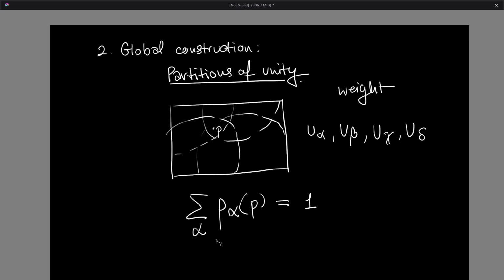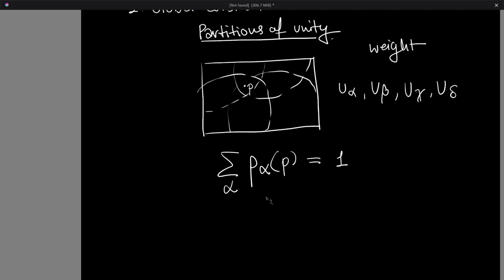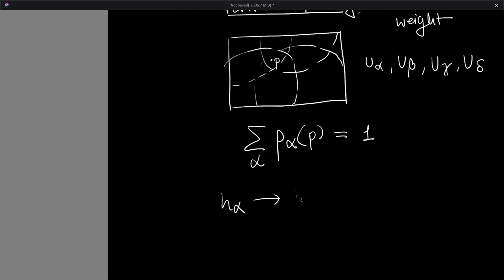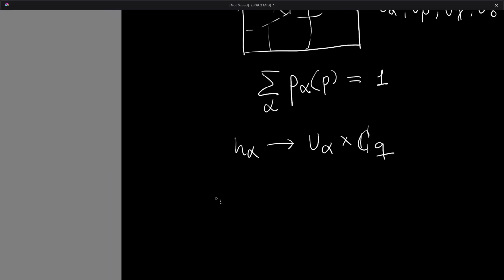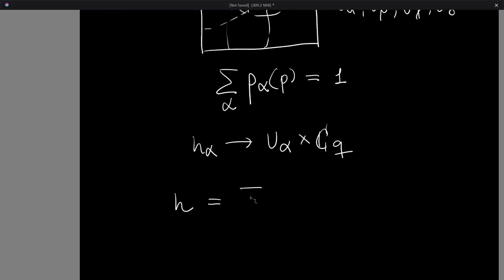And this normalizes the value so that the integral is independent of how many open sets you had overlapping over it, as long as the same partition of unity is being used. Right, and so in this case, we're going to be doing a similar thing. We're going to be using the partitions of unity because we defined our H alpha on each U alpha cross CQ, right? And so if we want to add a contribution from each of the H alphas to our overall global H, right, we need to sum it over